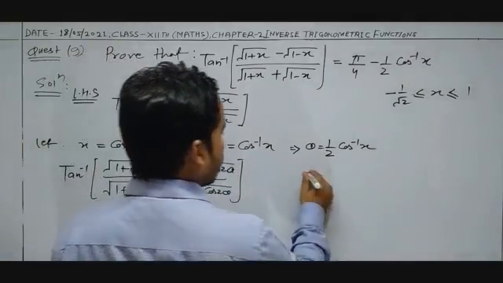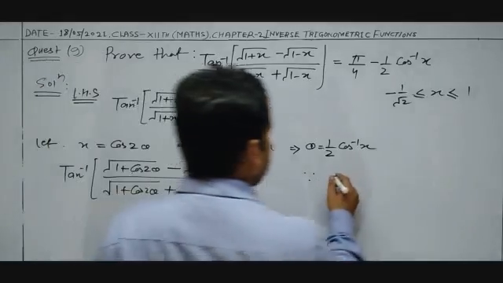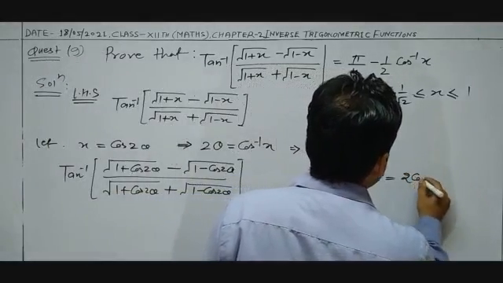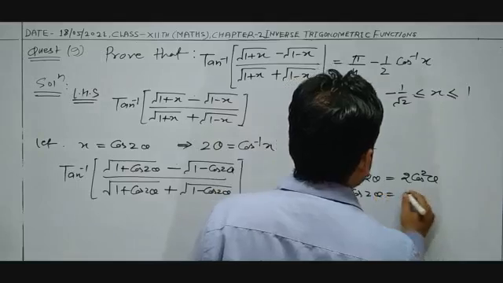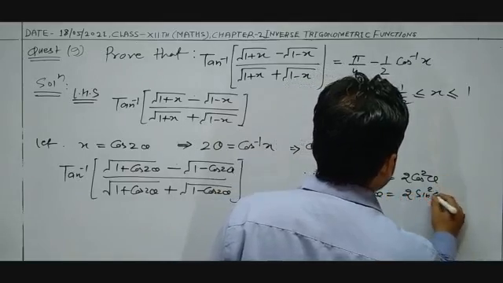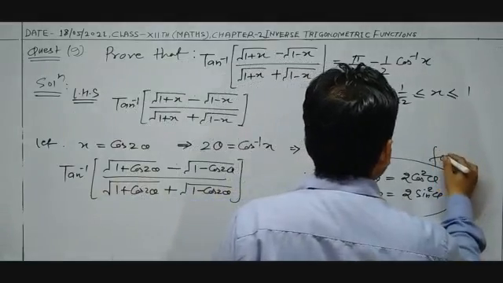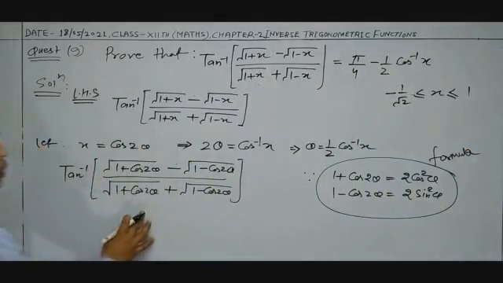Since you know the formula, 1 plus cos 2 theta is equal to 2 cos square theta, and 1 minus cos 2 theta is equal to 2 sin square theta. So this is the formula, and you have to put this value. So 2 cos square theta and 2 sin square theta,